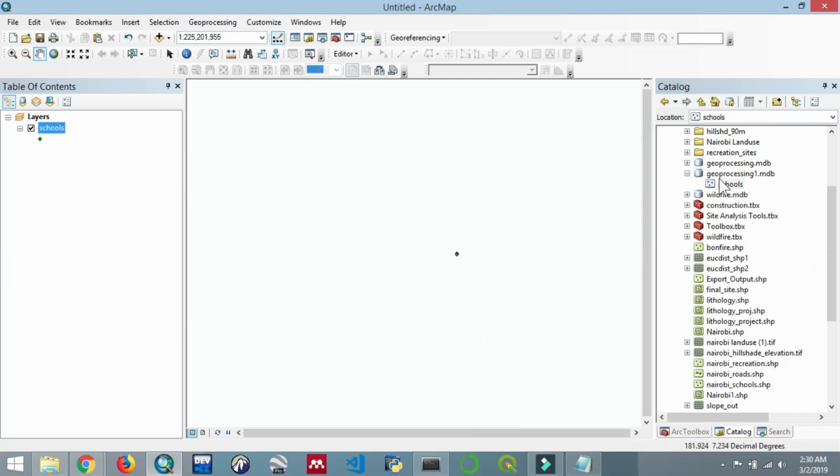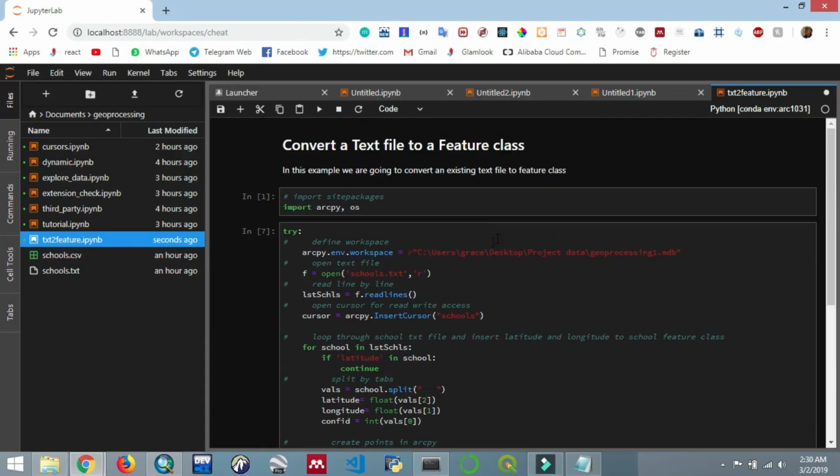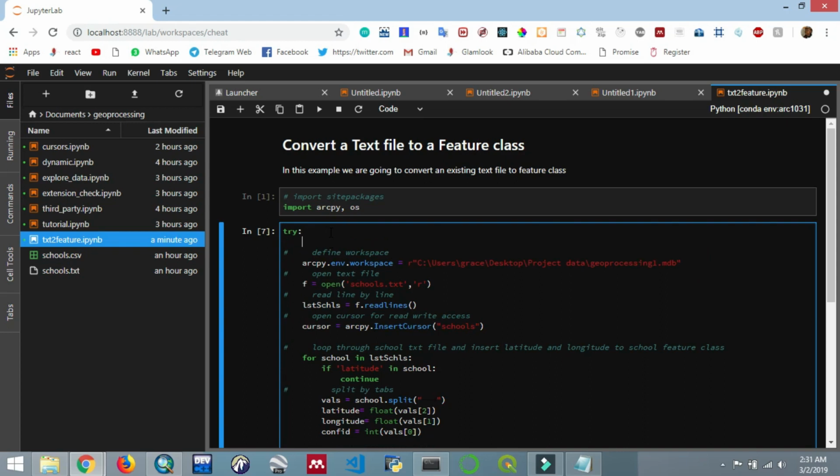Now what is left is just to take this script, make it dynamic, and then convert it into a tool that can be shared. So let's do that quickly. Go back to the code. Then you're going to make it dynamic, and I had said you can make it dynamic by using the get parameter as text from Arcpy. So we are going to change all of this, and we will prefer to just create new variables. So maybe for the workspace, we'll name it as